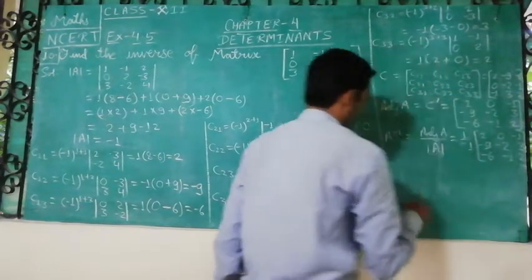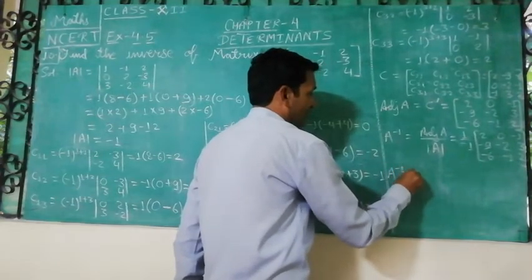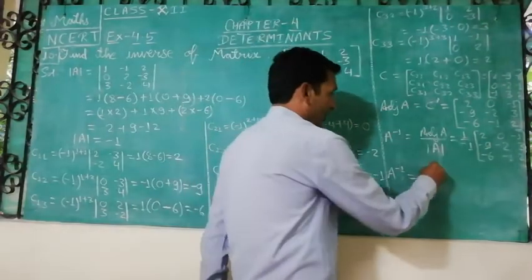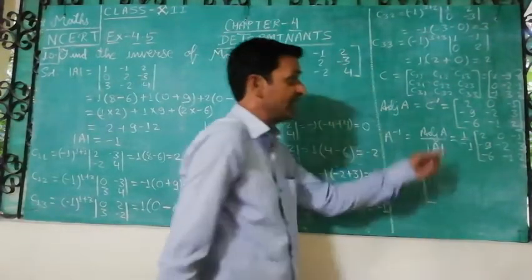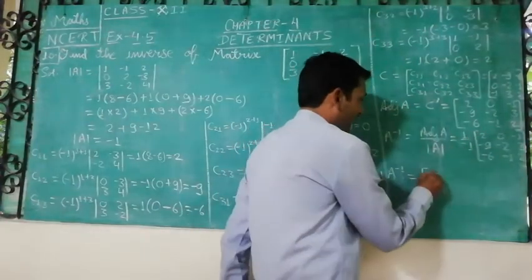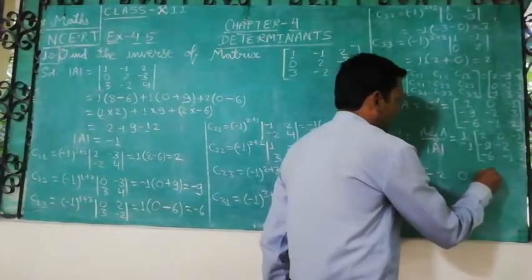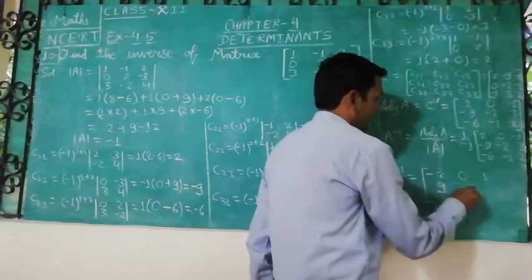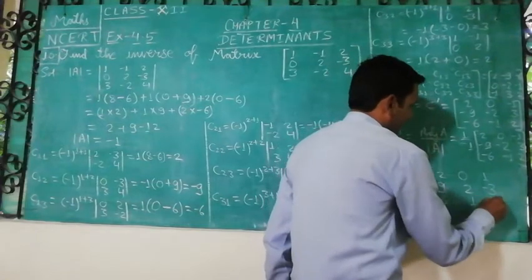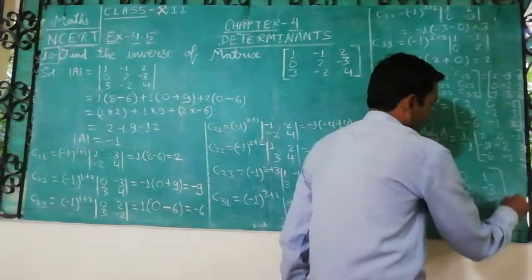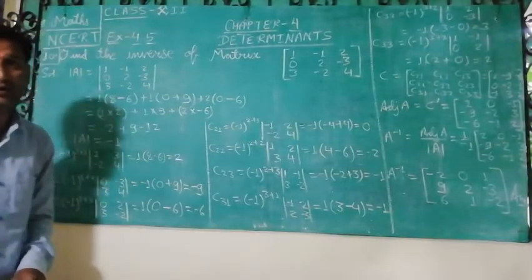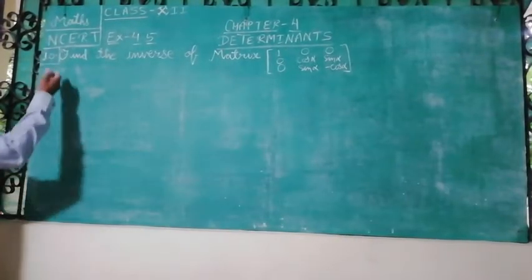So finally we will get A inverse. We have to multiply this minus sign inside the matrix, so every element's sign will be changed. It will become minus 2, 0 and then plus 1, 9, 2 and minus 3, and here it is 6, 1 and minus 2. So this is the final answer, which is A inverse for question number 10. It is over.